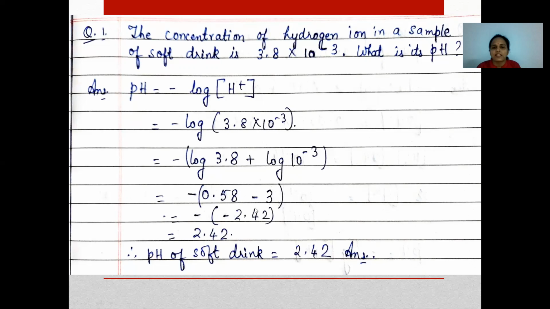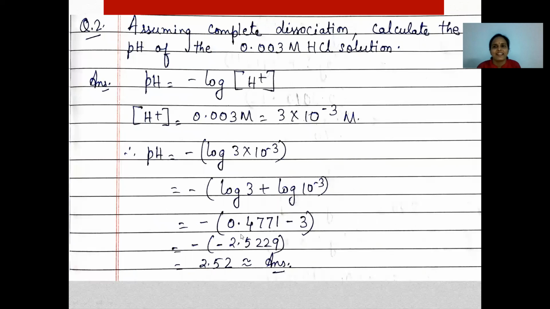So on subtracting 3 from 0.58, I get the value as minus 2.42. So minus of minus 2.42 becomes plus 2.42. So pH of soft drink is equal to 2.42. That's the answer. Hope you have understood this problem. Solve it and see whether you are able to solve or not. The next problem is, assuming complete dissociation,